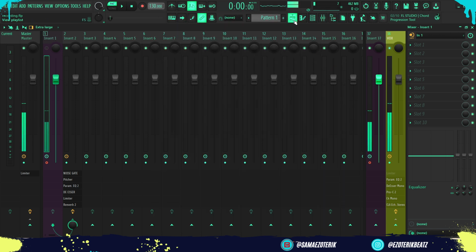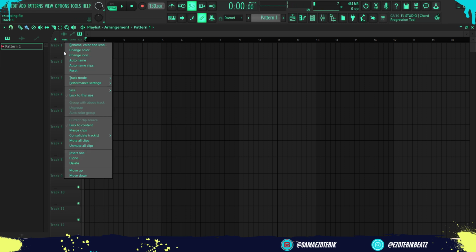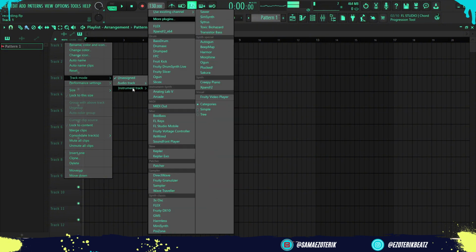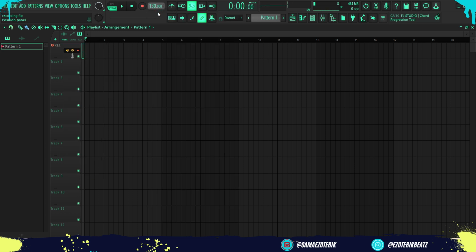All right, now recording from the playlist. Say I choose track one, right? So I go to track one, then go to track mode, and you see unassigned, audio track, instrument track. I go to audio track, and for the mixer channel we just set up for recording, click that. So when we click that now, we see it come up. And when we're ready to record, we just arm it. See there? Armed, disarmed. When we're ready to record,